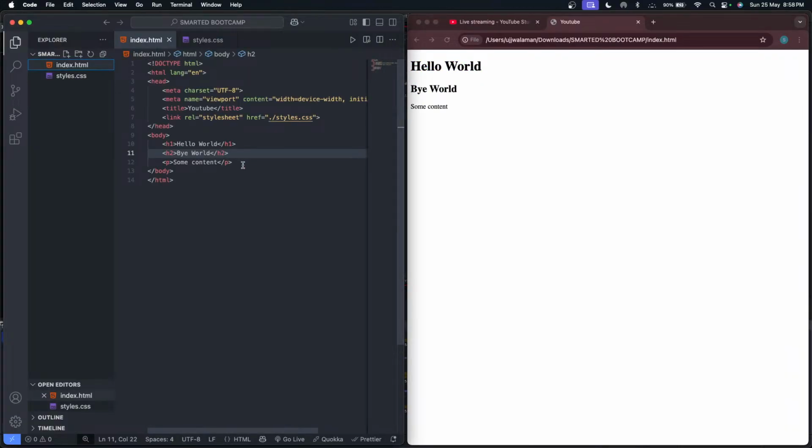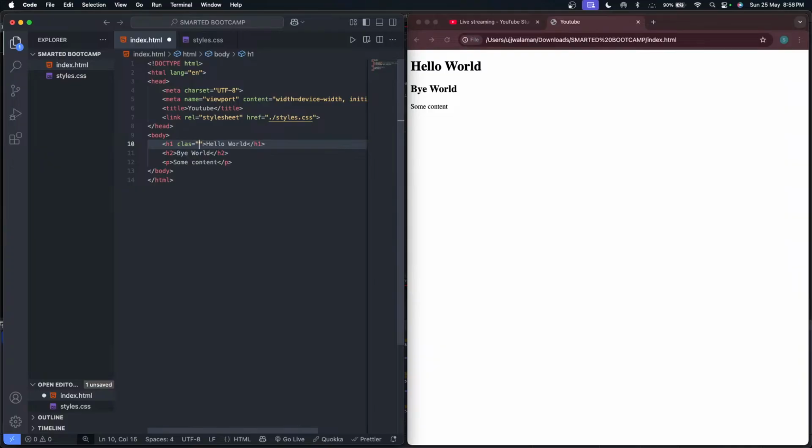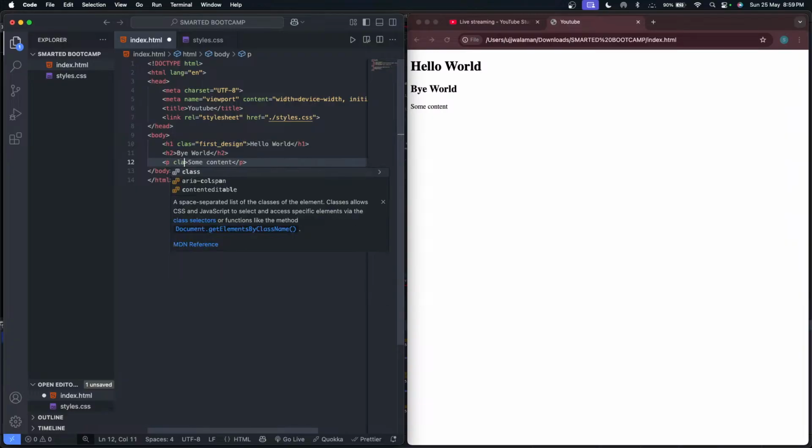Now I want my h1 and paragraph to be of the same style. How can we do that? We can add a class as an attribute. So class equals, let's say, first design, and make sure you don't have spaces in your class. If I do first space design, this particular h1 element now has two classes: one is first and one is design. So we'll add the same class to our paragraph tag here, class, and we always add the attributes to the opening tag. So first design,